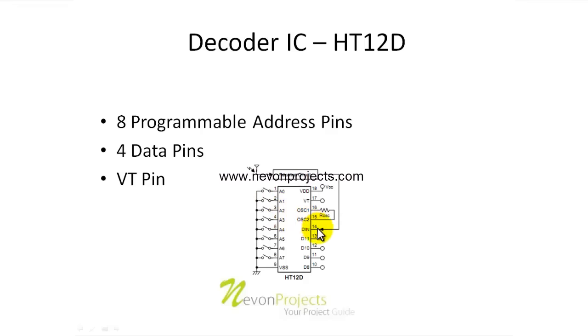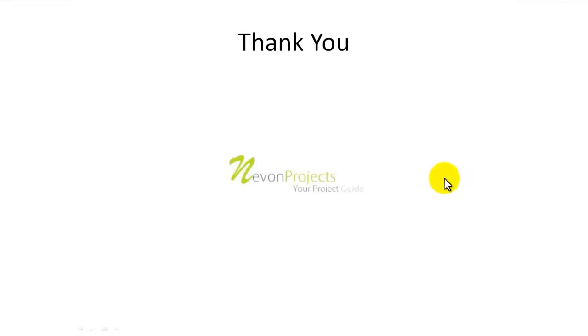Also we have a VT pin over here that goes high whenever the circuit is completed. That means we have both the transmitter and the receiver turned on and they are communicating with each other. So in this way we can have very reliable communication in the wireless range, which is defined for RF according to its power to be 9 or 10 meters approximately. So in this way the RF module works.